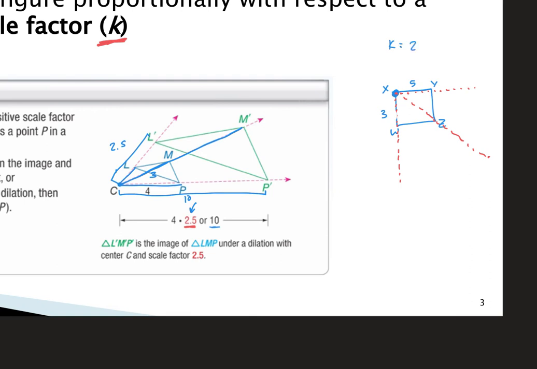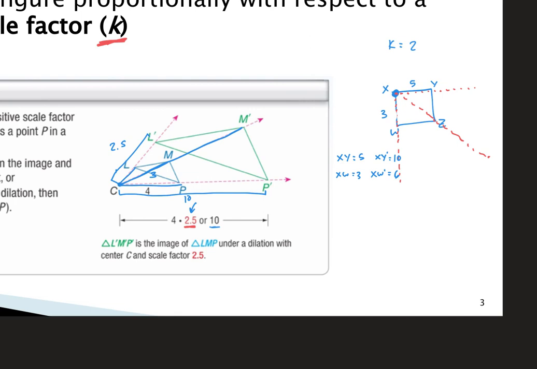Okay, so what this means is that x, y is going to be 5, but then we have x to y prime is going to be 10, because we've multiplied that distance. Okay, x to w is a 3, but x to w prime, well, that's going to be 6. Okay, and then if we wanted to find x to z, we would have to find the distance between x